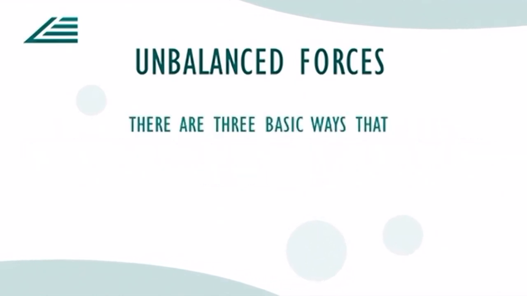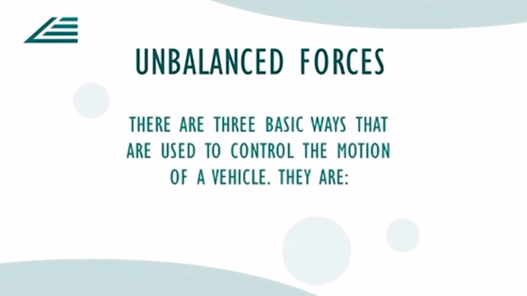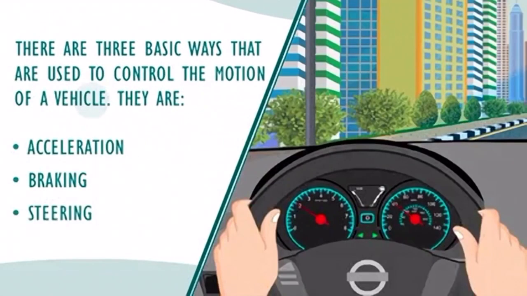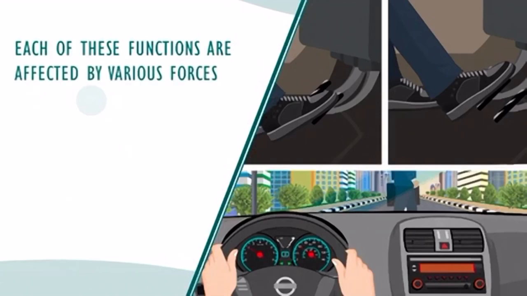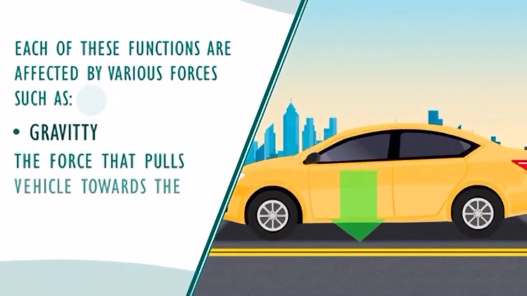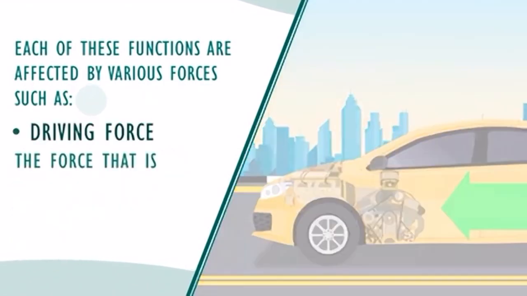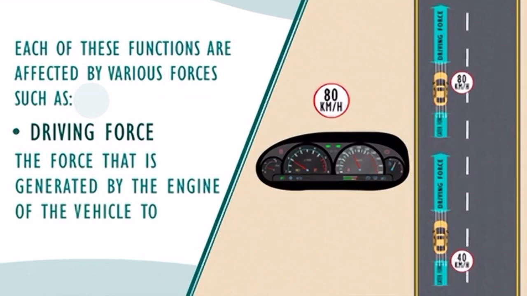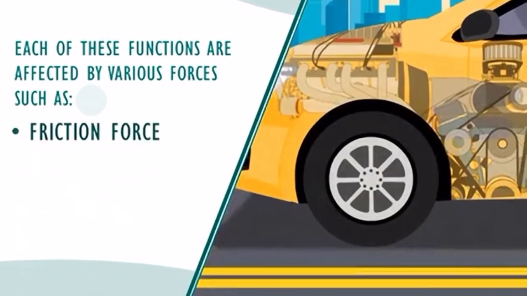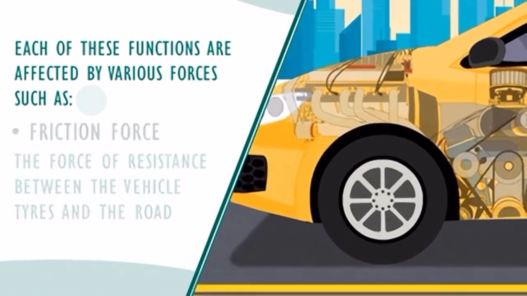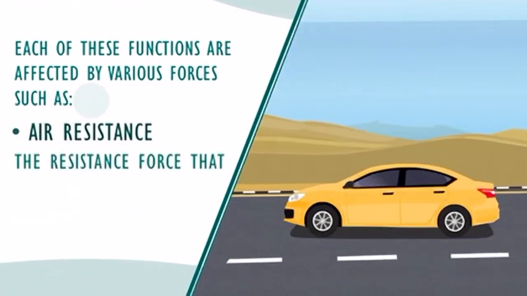There are three basic ways that are used to control the motion of a vehicle. They are acceleration, braking, and steering. Each of these functions is affected by various forces such as gravity, the force that pulls the vehicle towards the center of the earth; driving force, the force that is generated by the engine of the vehicle to move it; friction force, the force of resistance between the vehicle tires and the road; air resistance, the resistance force that acts on